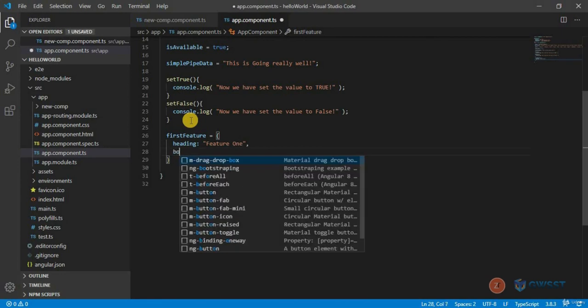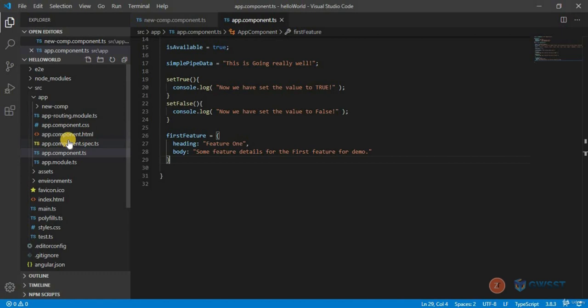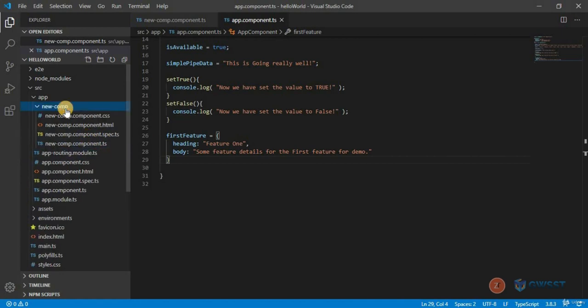I'm going to add some detail to the body. That's going to be some feature details for the first feature for demo. Okay, so let's keep it this way, and now what we can do is get to our new